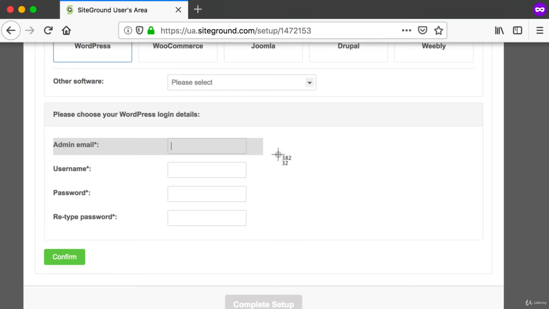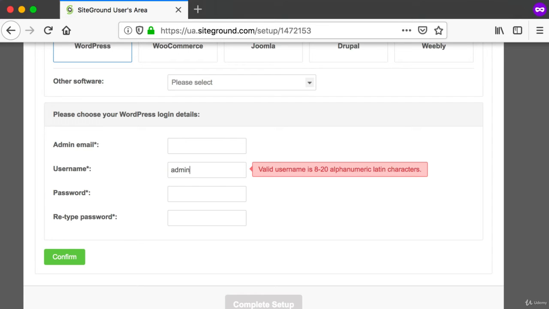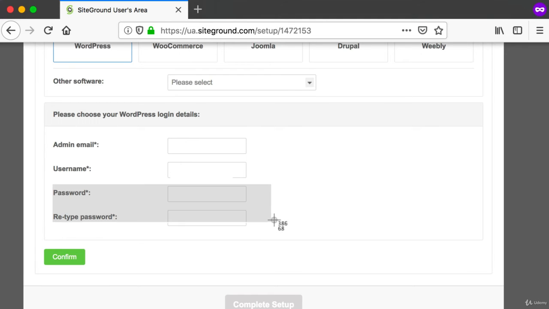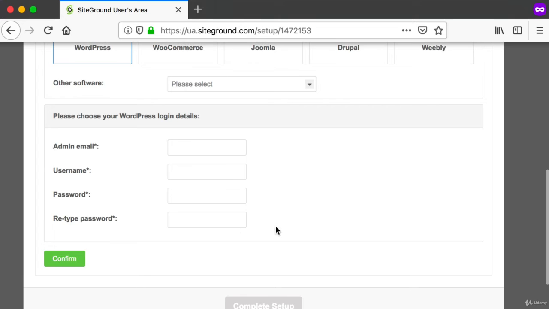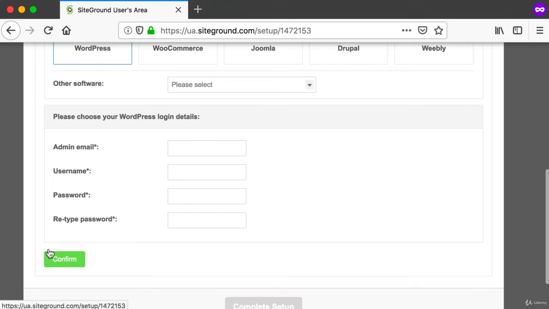So enter your email address and a username. Here's a quick security tip. Instead of using a username of admin, choose something that's a bit more difficult for other people to guess. So maybe my secret admin or something along those lines. And then make up another password here. And before you click this confirm button, double check that you spelled your email address correctly. Okay, so when you're all set, click the confirm button,